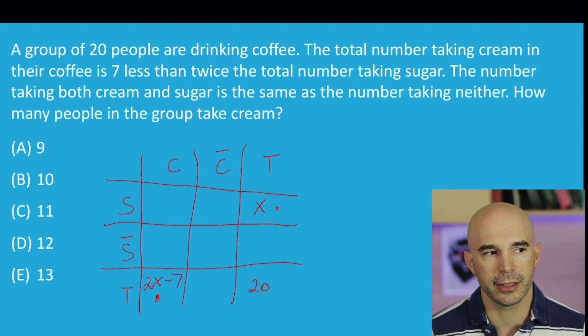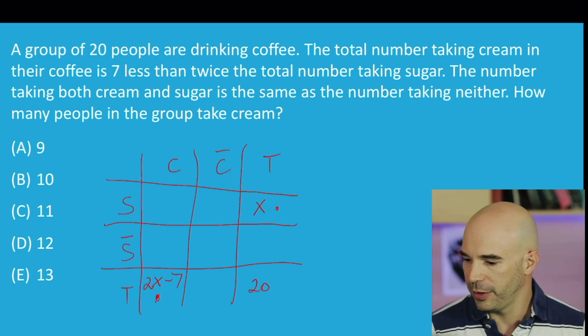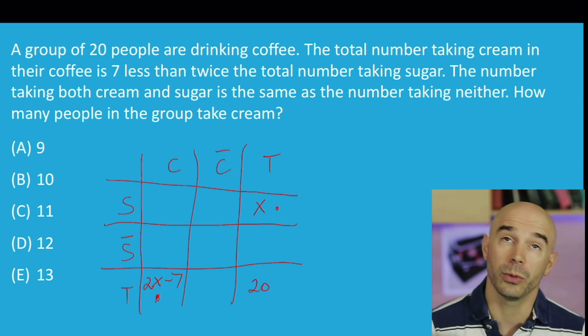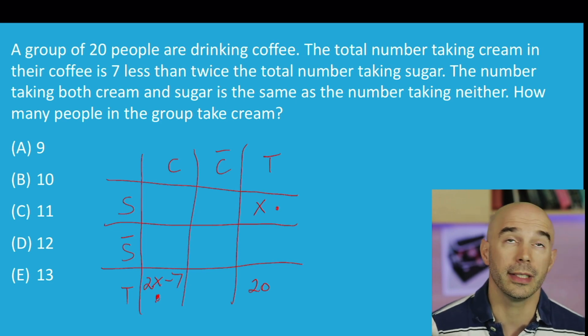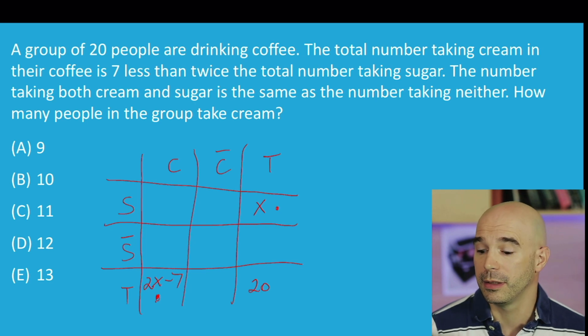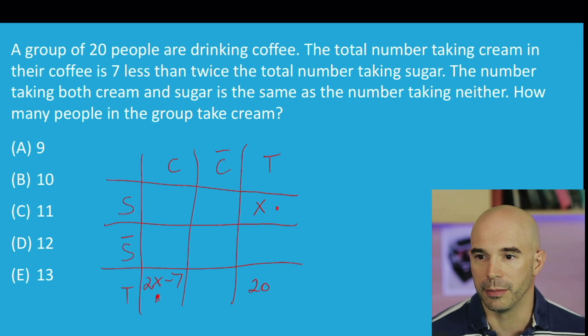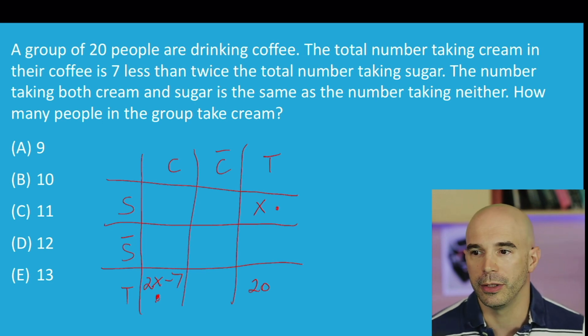And I like to go very slow when I'm translating something like that onto my paper because it's very easy to make a mistake. If this is particularly hard for you, what you can do to double check that you did it correctly is just throw in some random number for x real quick. Like say, okay, what if x is 10? Well, if x is 10, then 7 less than twice 10 is 13. And then you can plug in x equals 10 and see if you get 13 for the bottom left. So that would be a way to double check that you did it correctly.